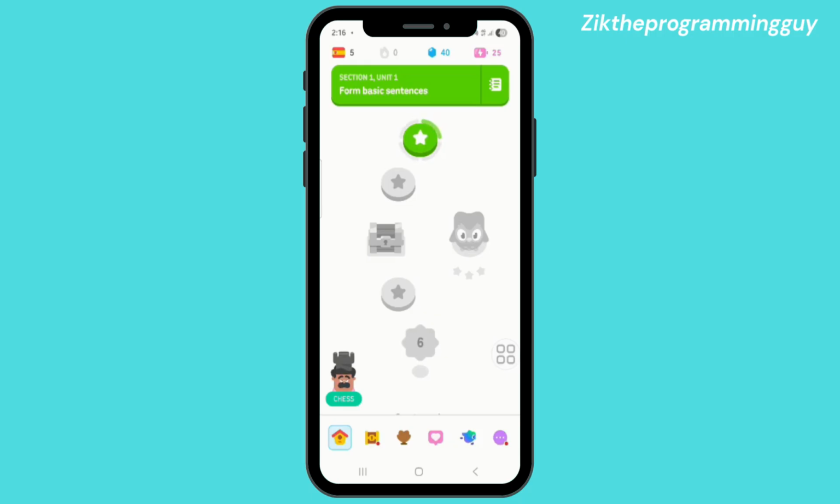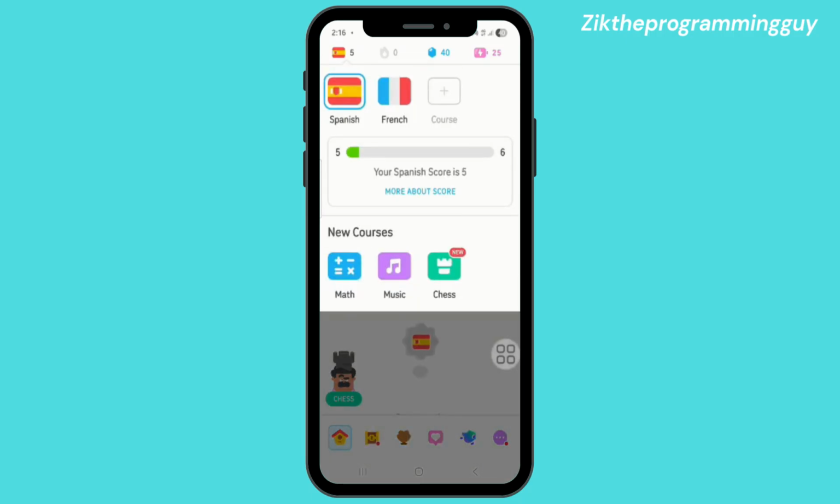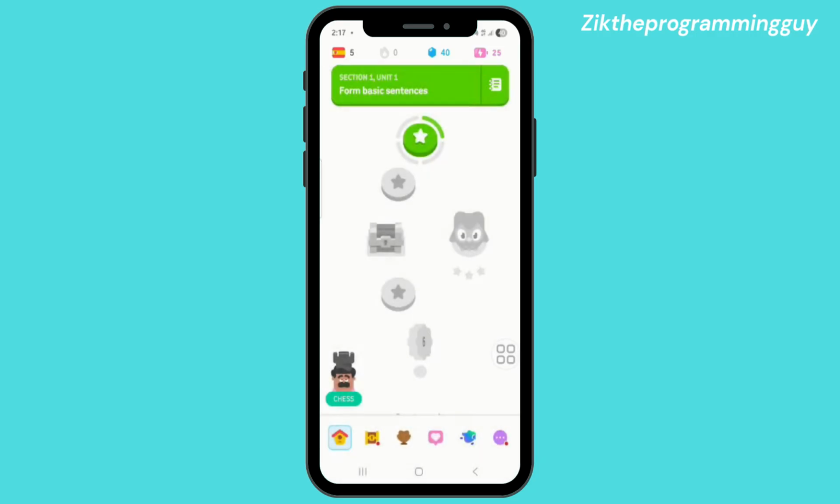Click on it and you're going to see this drop down, and you can see chess right here, which is a new feature. But if you don't find chess right here, you need to go to the Play Store or Apple Store and update the app. So once you see the chess,